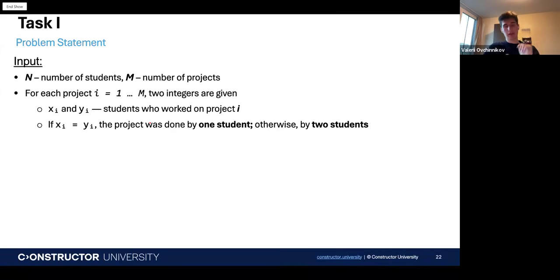So what are we given? We're given two numbers, the number of students and the number of projects. Then for each project from 1 to m, we're given two integers, x and y. These are the students who worked on project i. There are two possible ways. If x equals y, it means that the project was done by one student, and otherwise it was done